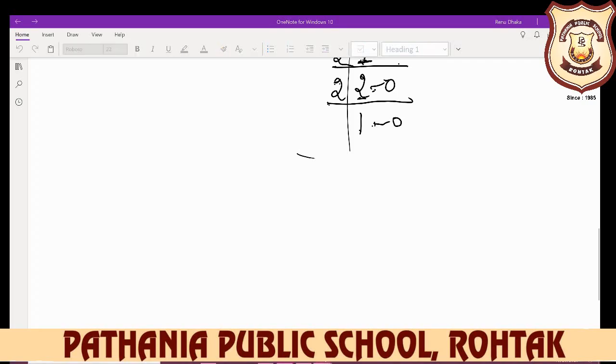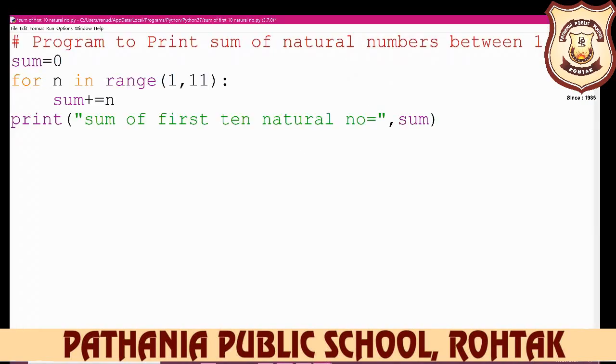You see on Python here also. First time sum is 0, so it writes 0. Then your first number is 1, so the result is 1. Next time your sum is now 1 and the number is 2, so the output is 3. Again now your sum is 3 and your next number is 3, so your answer is 6. So the sum of the first three natural numbers is 6.